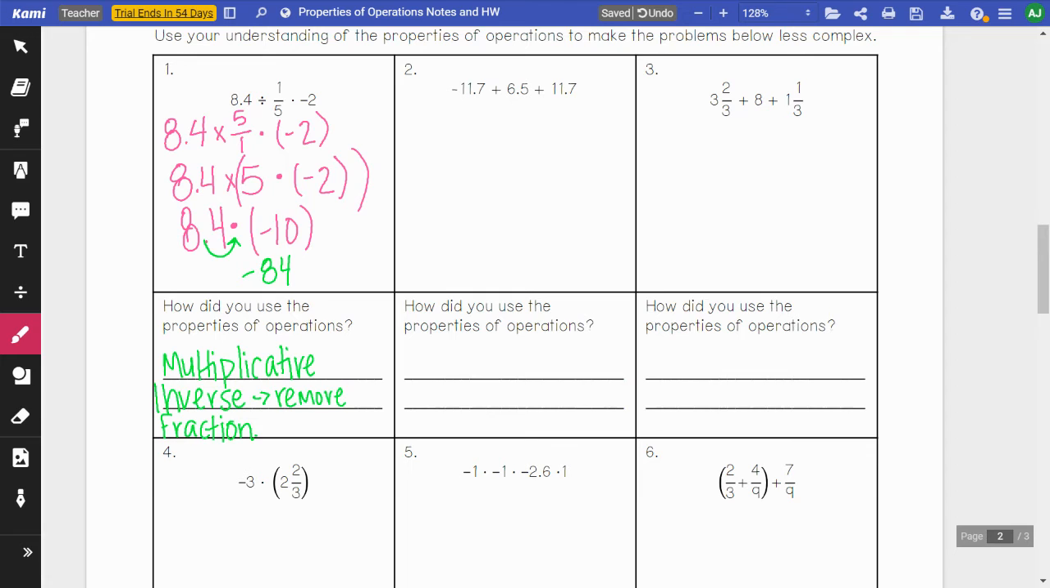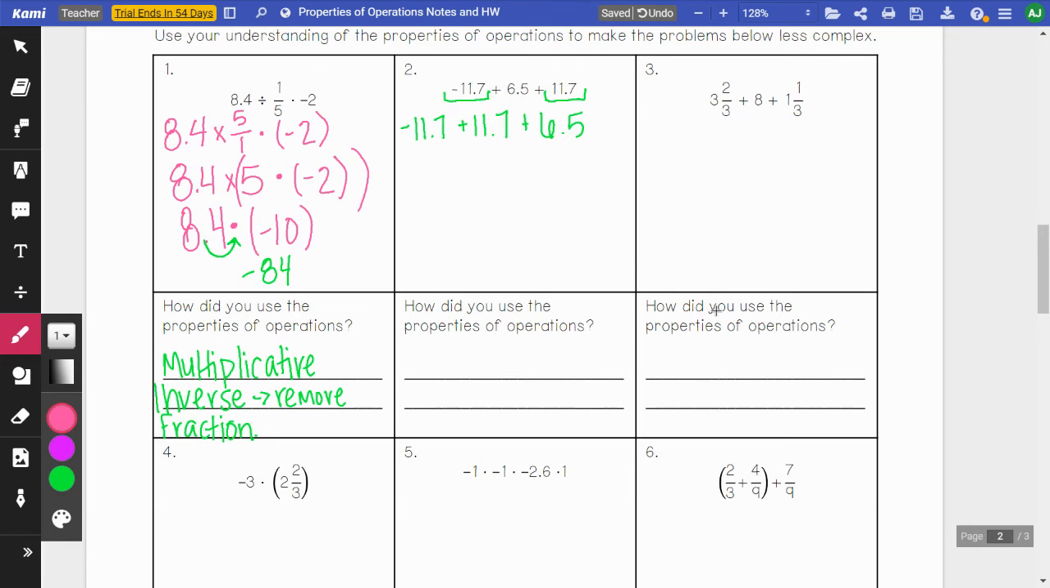Negative 11.7 plus 6.5 plus positive 11.7. What I notice here is that I have opposites. So I can go ahead and use my commutative property of addition to rewrite this problem to put my opposites together, so that negative 11.7 and positive 11.7 cancel out, because they are additive inverses, and additive inverses add up to be 0. And then I'm left with